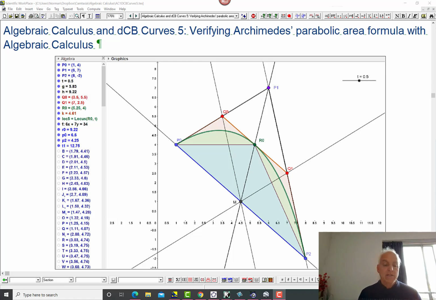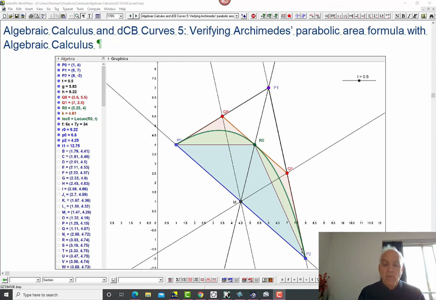So there'll be all kinds of interesting definitions and theorems that so many of you will see for the first time here. So the example that we're going to be looking at is this one right here. So our points P0, P1, P2, the de Casteljau-Bezier control points of this de Casteljau-Bezier curve, otherwise a DCB curve, are given by these values. P0 is the point (1, 4), P1 is the point (6, 7), and P2 is the point (8, -2).